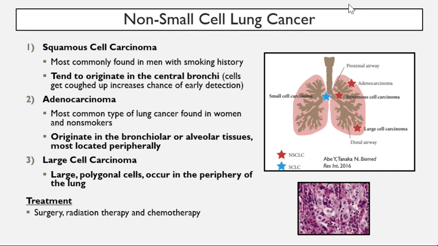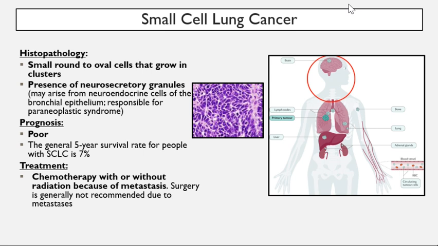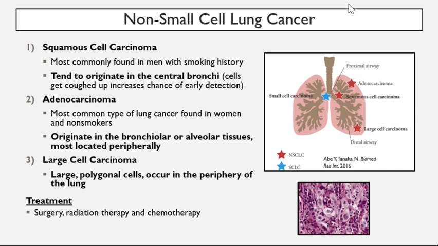So there's also non-small cell lung cancer, and you can kind of see these cells right here in this picture. Very, very large cytoplasms here, especially compared to this small cell here. So that's what we're kind of referring to, small cell and non-small cell. Now with non-small cell, there's 3 different versions: squamous cell carcinoma, adenocarcinoma, and large cell carcinoma. So I just want y'all to know some general